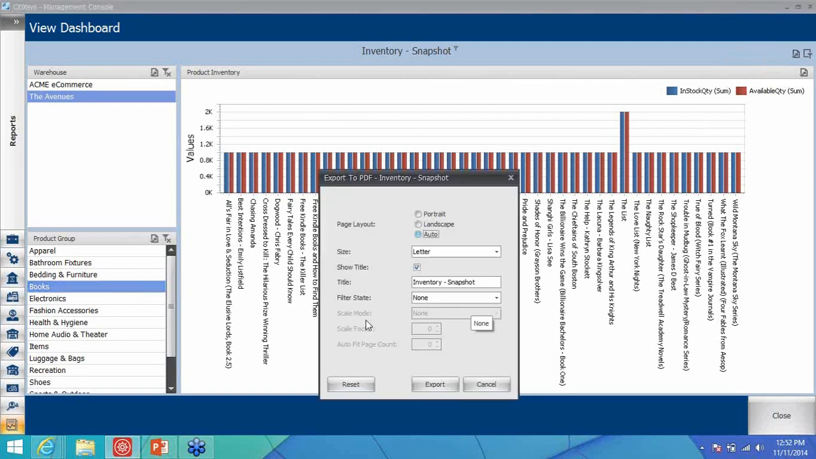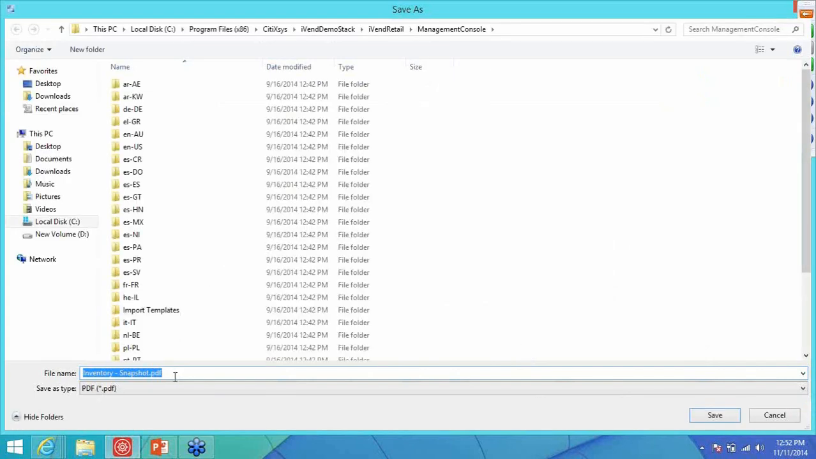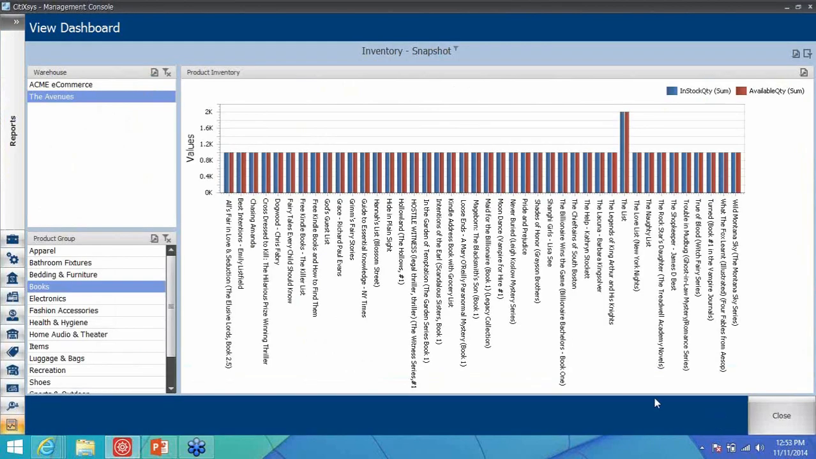If I click on export to PDF, it gives me the option of setting up the size and everything, as well as the title, and I need to click on the export button to give the system a placeholder. So I can go to the desktop and click on save, and it will save this particular dashboard view, which is basically this particular object which gives me a bar chart representation of inventory snapshot into a